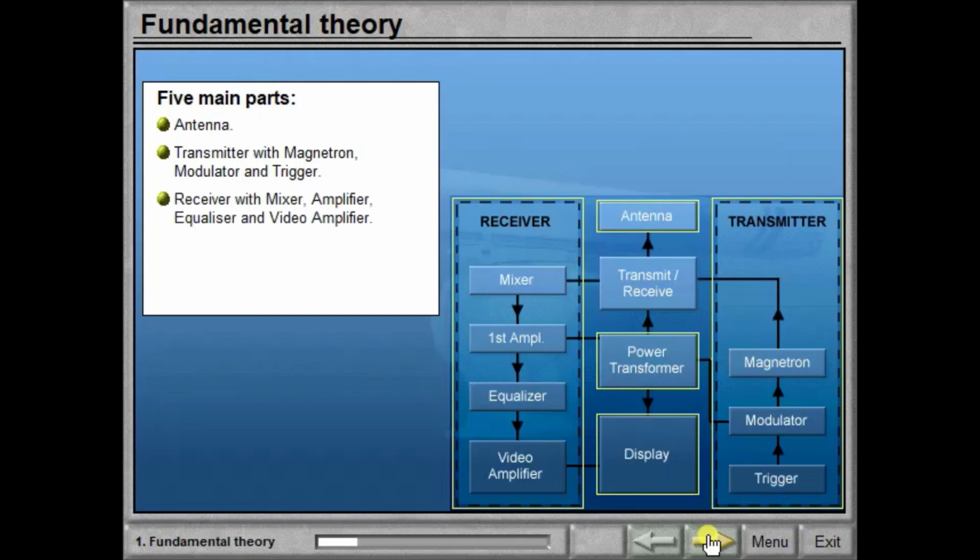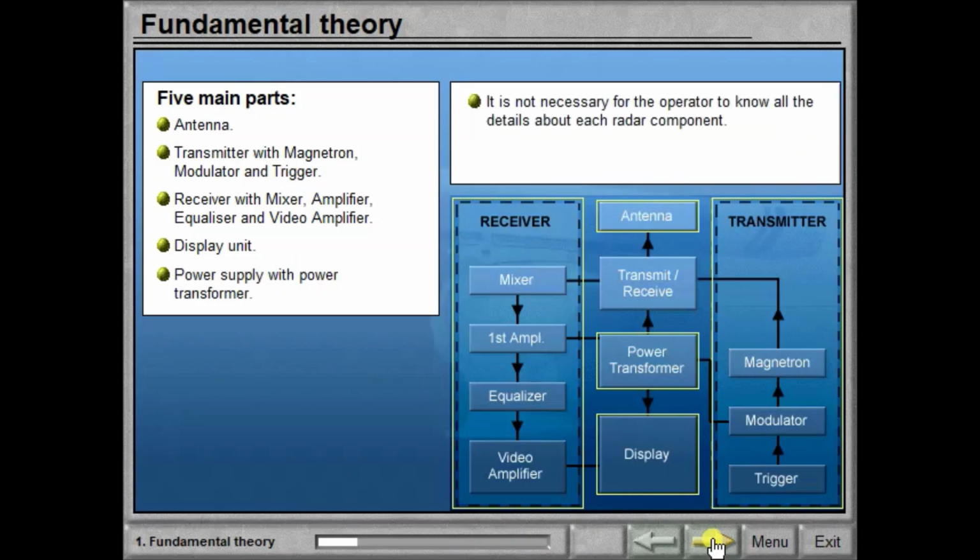Receiver with mixer, amplifier, equalizer and video amplifier, which receive the reflected waves. Display unit, which measures the time and presents ranges and bearings in a suitable way for navigational purposes. Power supply with power transformer, which provides power to the various radar parts.